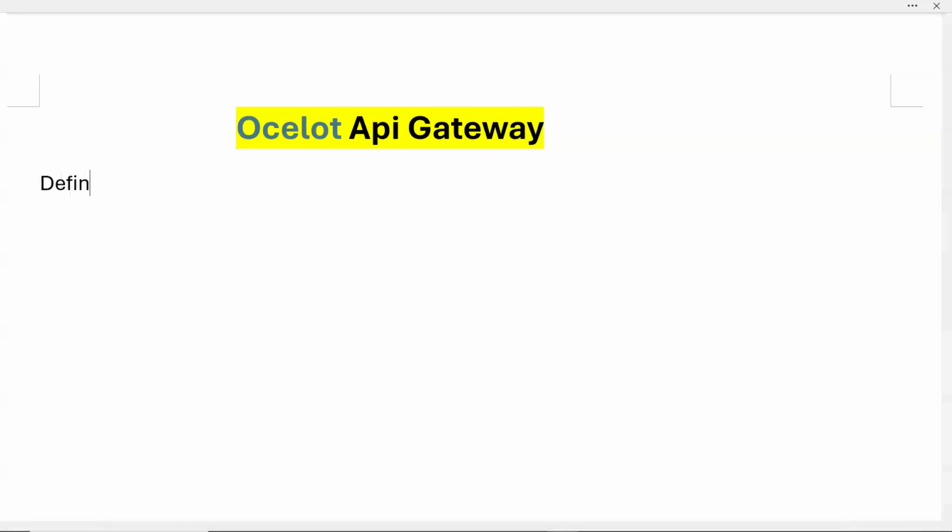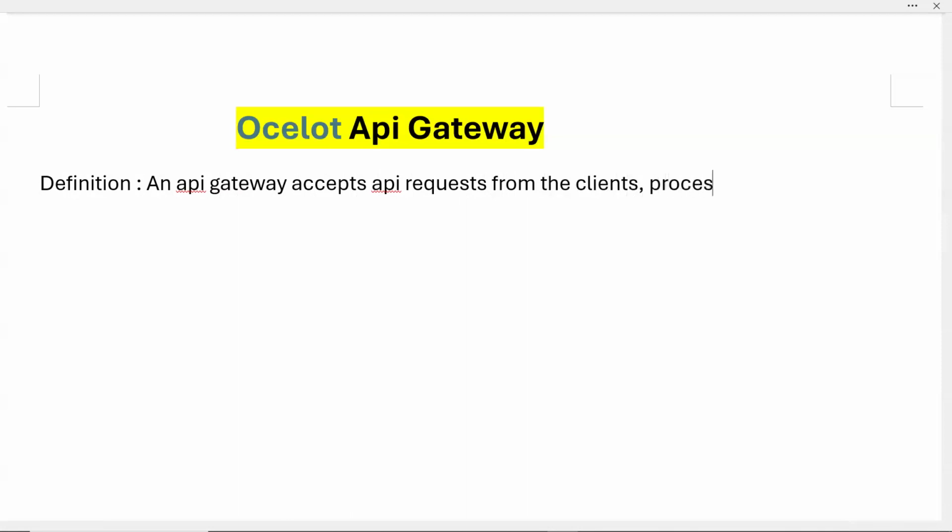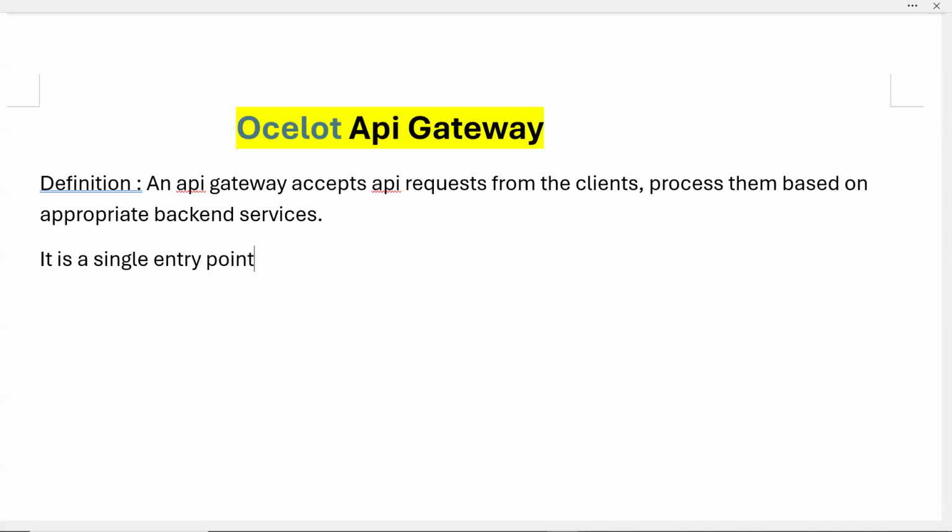The definition of an API gateway is that it accepts API requests from the clients, processes them, and directs them to the appropriate backend services or microservices. That is the definition of a microservices API gateway. It is a single entry point for any API request and does some common